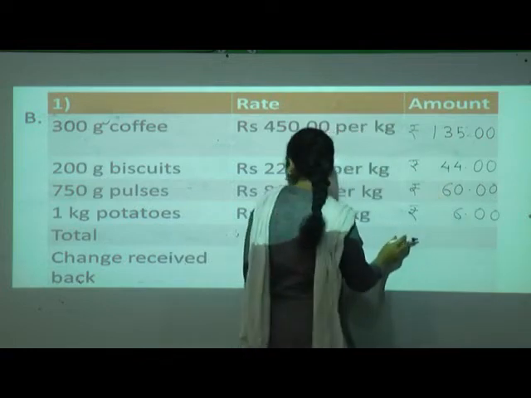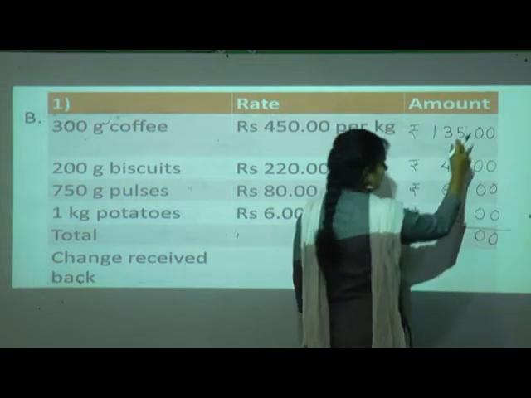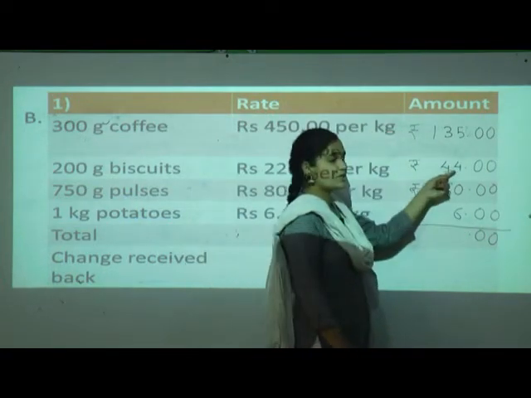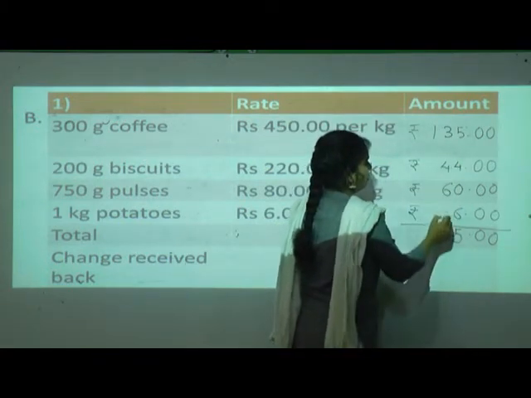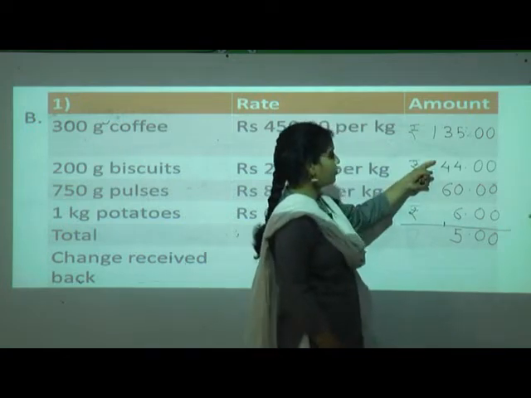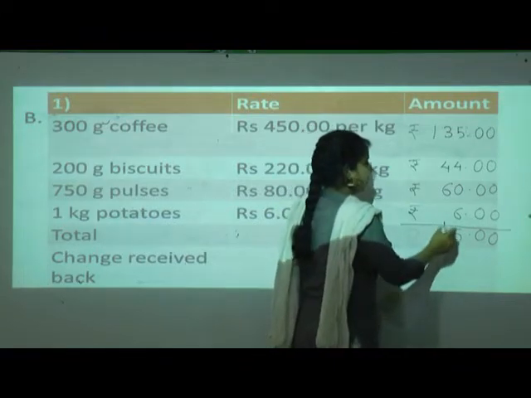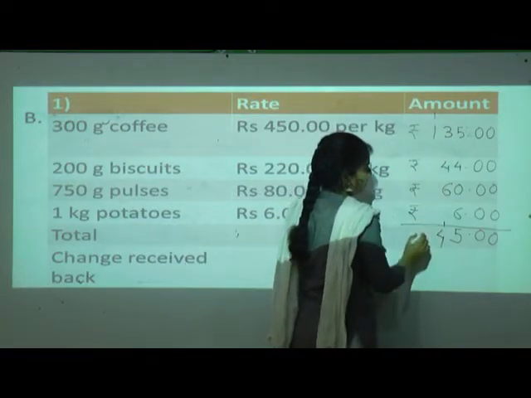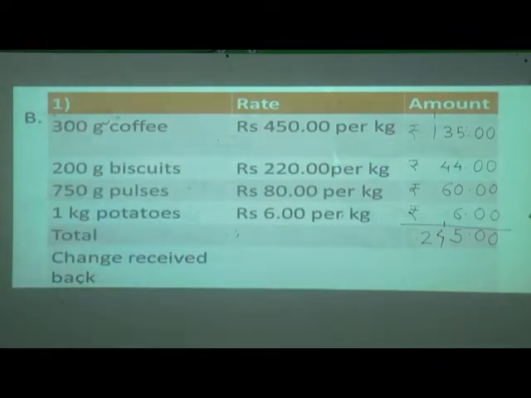Okay, now just do the addition, students. Yes, students, do the addition. 6 plus 4, 10. 10 plus 5, 15. Okay, now here 1, 6 plus 4, 10. 10 plus 3, 13. 13 plus 1, 14. Here 1 plus 1, 2. So your total is 245. Okay, now here they have asked us what change would you receive in case you gave the cashier